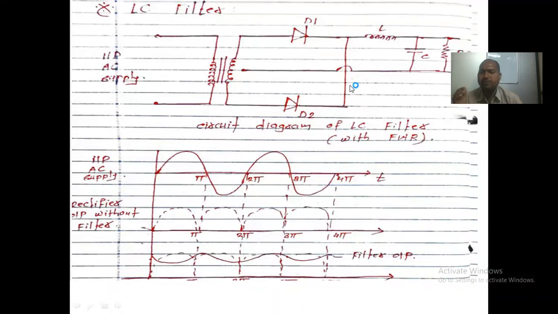There are different types of filters. Just as in Marathi, the way we use a tea strainer to filter tea, in the same way we have to use a device, that is a filter, which should filter out